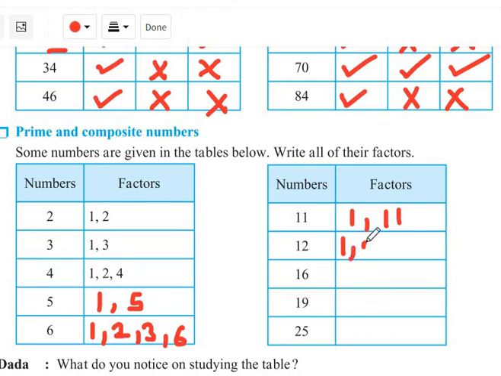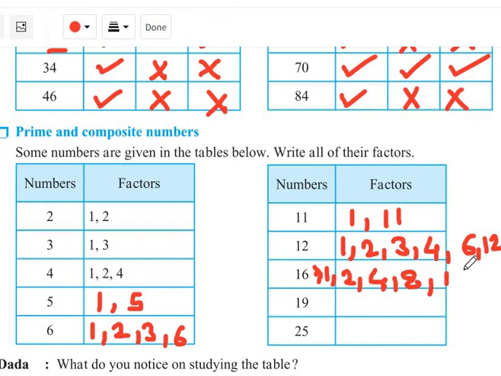1. Then it comes in the table of 2. Next one is the 3 table, 4 table, 6 table, and last is the 12 table. Okay, then 16, in whose table does it come? 1, then 2, then 4, then 8 and 16.